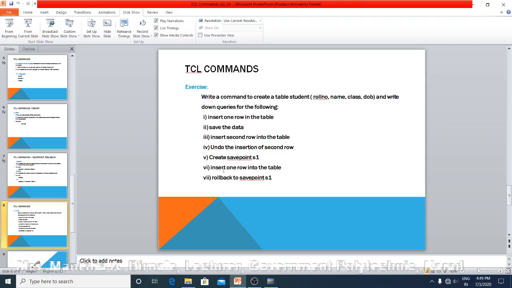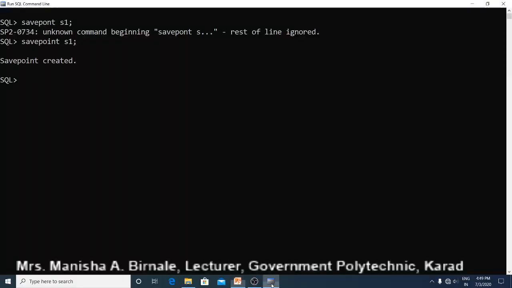After creating this save point, again we have to insert one row into the table. For that purpose we have to use the insert command. Using the upward arrow key, downward arrow key, you can see the previous command. Suppose roll number is 99, this is a name. Okay, this row is inserted into the table.